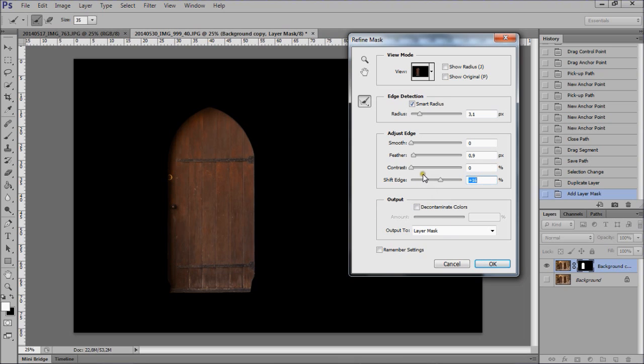And you can also use this one here, decontaminate the colours. So if on the edges there was probably a bit of extra colour, well, I can't really see any here, but that's something else you can use there if there's a bit of colour coming in off the edges. You can smooth it out a little, perhaps feather it a little bit more, I think. Okay, so